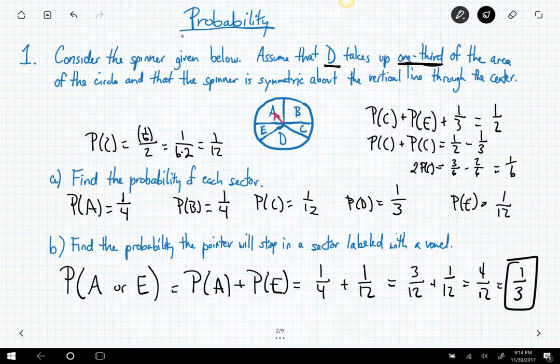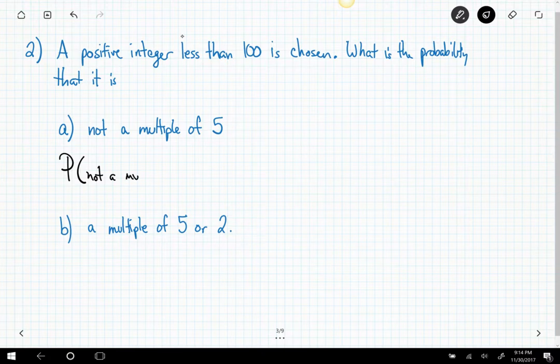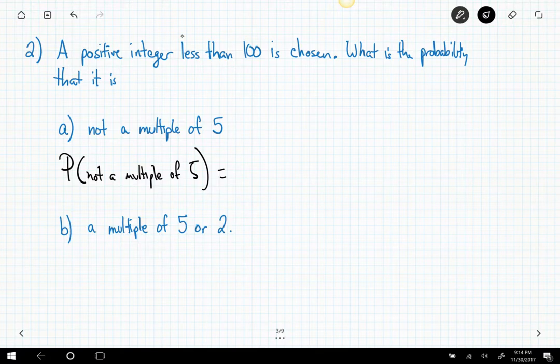Okay. So moving forward with those rules of probability, what's going on? So let's say we have a positive integer less than 100 is chosen. What's the probability that it is, we're going to start with not a multiple of 5. So when we're looking for the probability of not a multiple of 5, there might be an easier way to think about this. Now, if you were to list out all the numbers 1 to 100, because that's essentially what our playground is here,